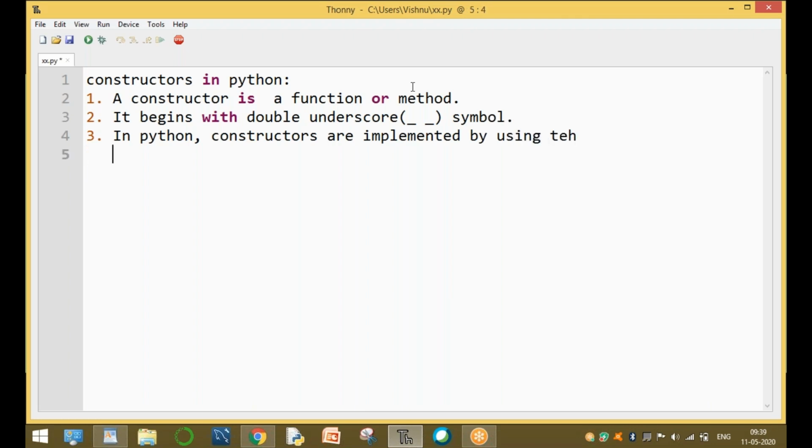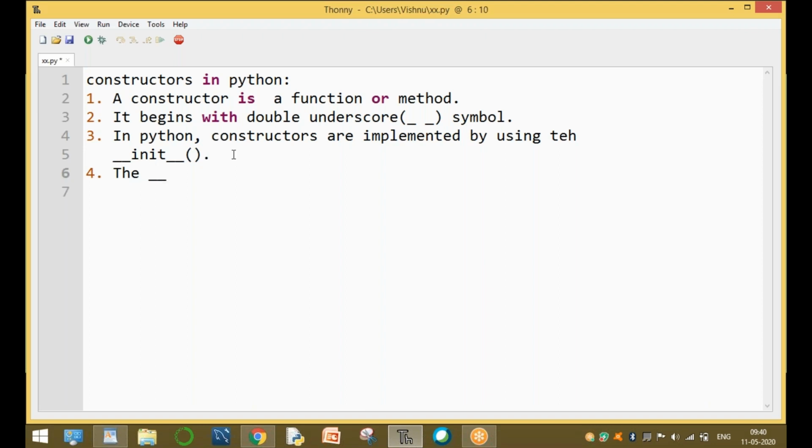The inbuilt function is underscore underscore init underscore underscore, with parentheses. It is an inbuilt function. The constructors are implemented by using this function only, not a separate function. This function is automatically executed when the object is created. Please remember this: init is an inbuilt function.